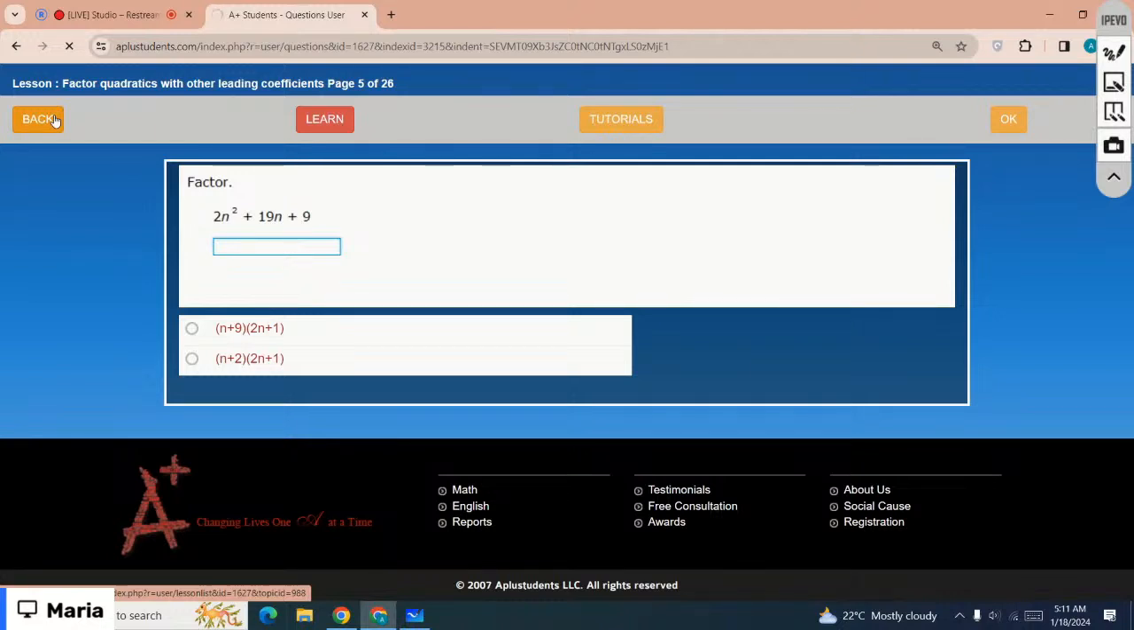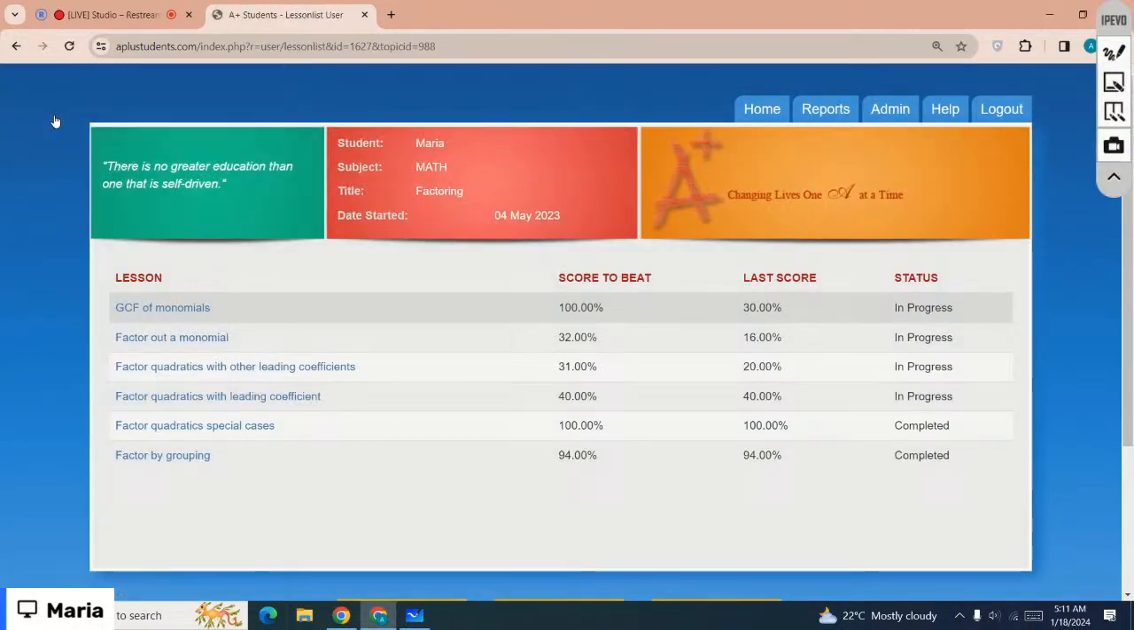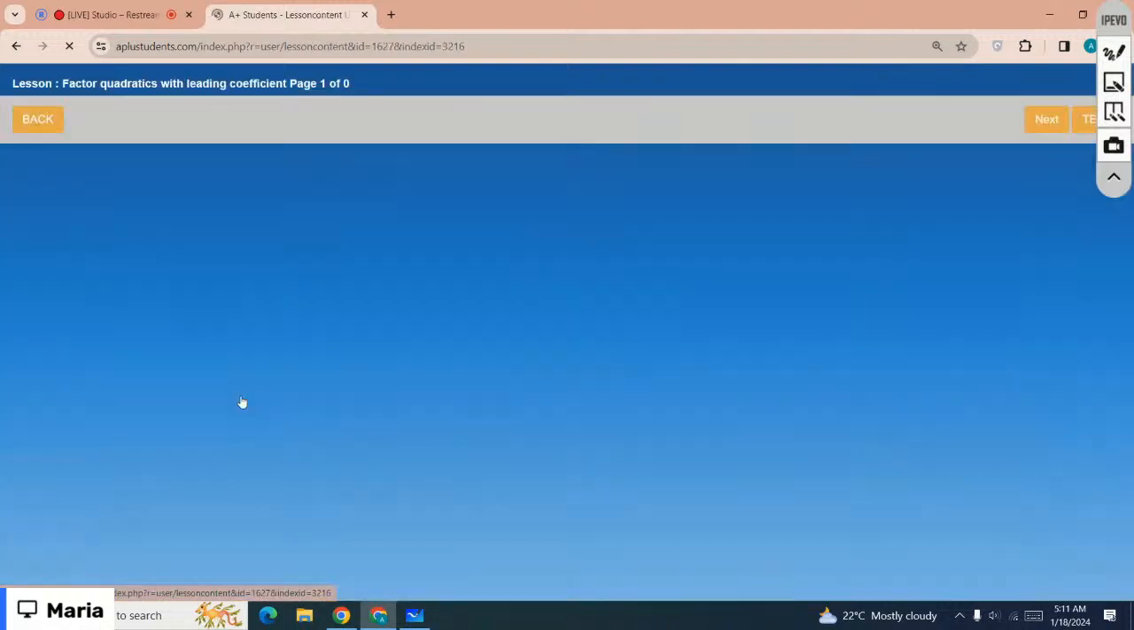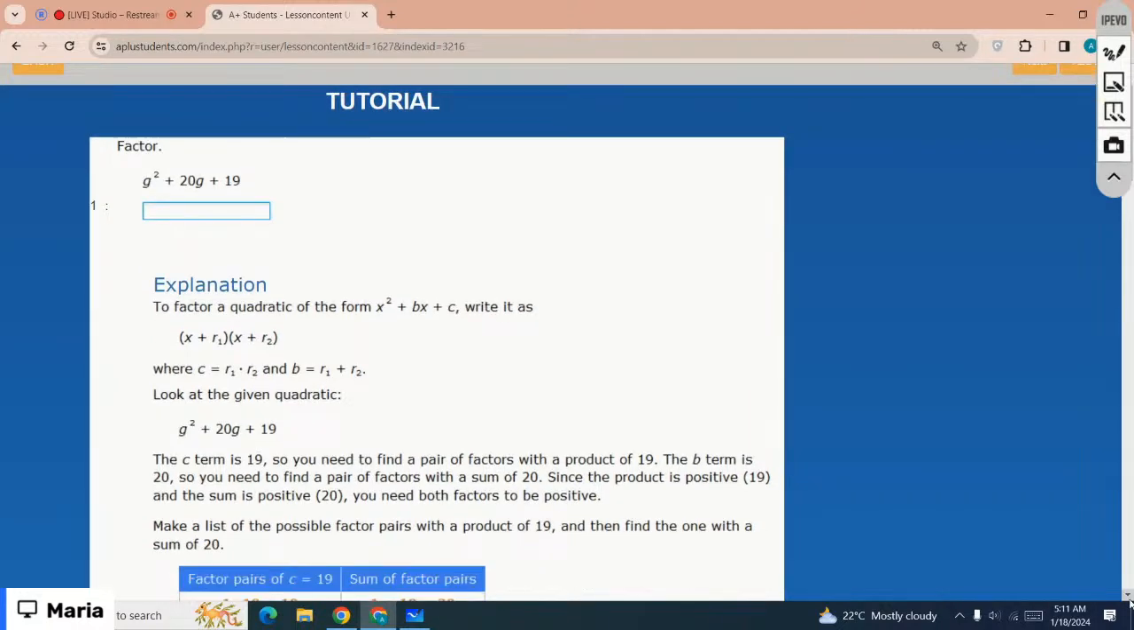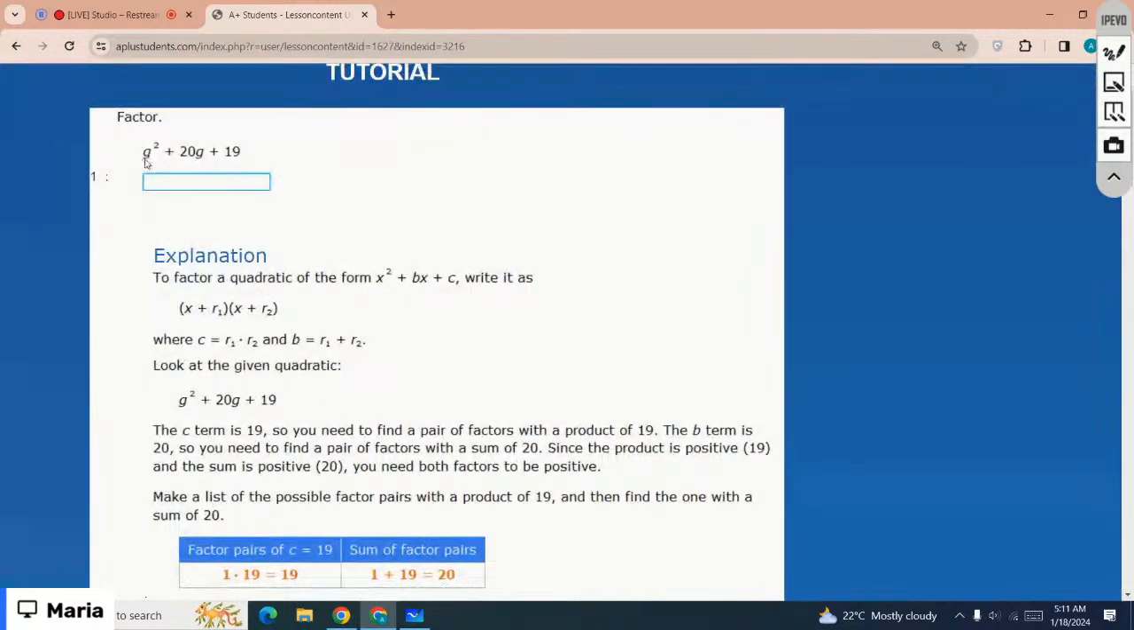Let's just move on to the next lesson, and the next lesson is factor quadratics with leading coefficients. Okay, let's just start with the first example, that is g square plus 20g plus 19. Here you do not have any coefficient with the x square term, right? So